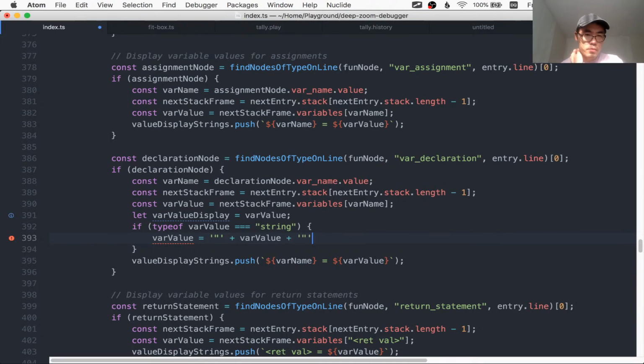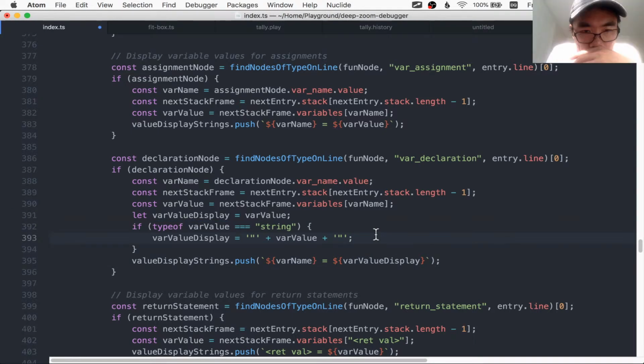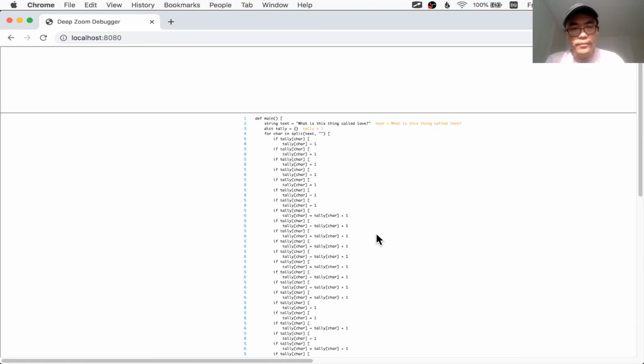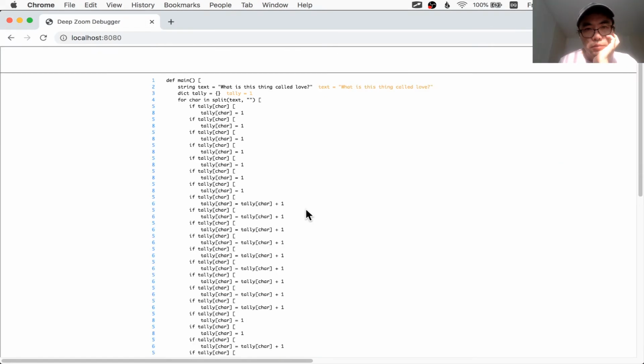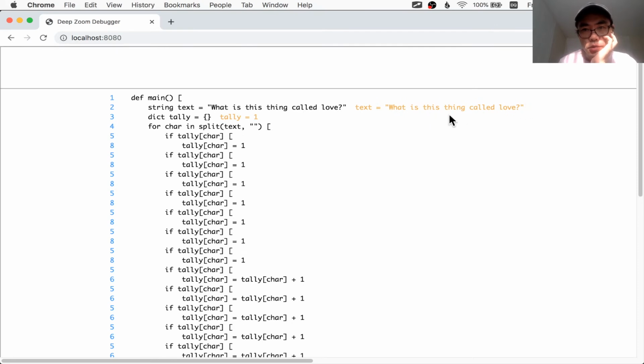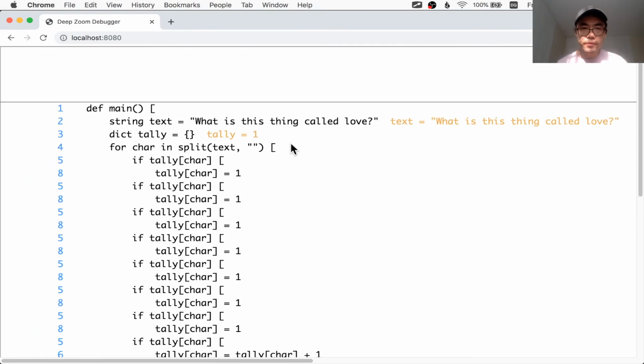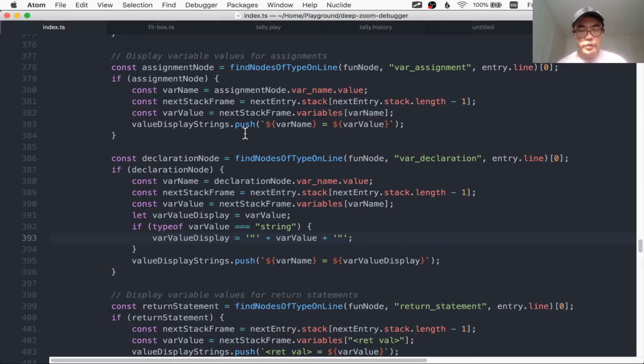Like that. Yeah, I may need to, in the variable value display here. Yep. So there's that. And then, let's just test that first. Yep, so this string has a double quote around it. Great. Now, for this dictionary, now we can kind of switch and say, oh well,